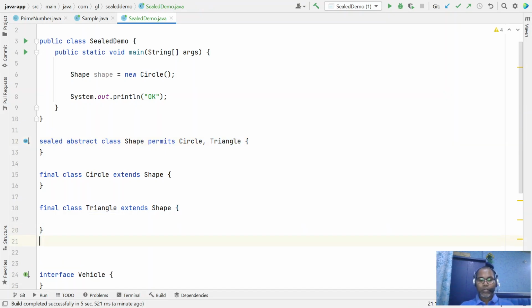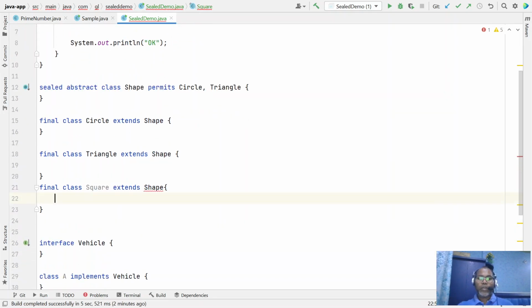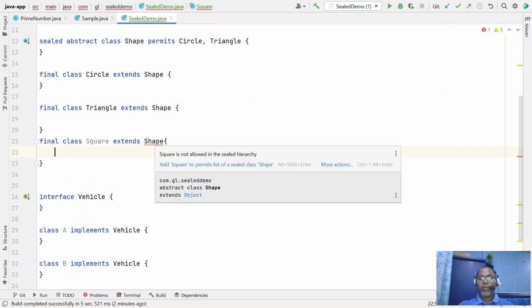Let me try another: final class Square extends Shape. Here it is not permitted.